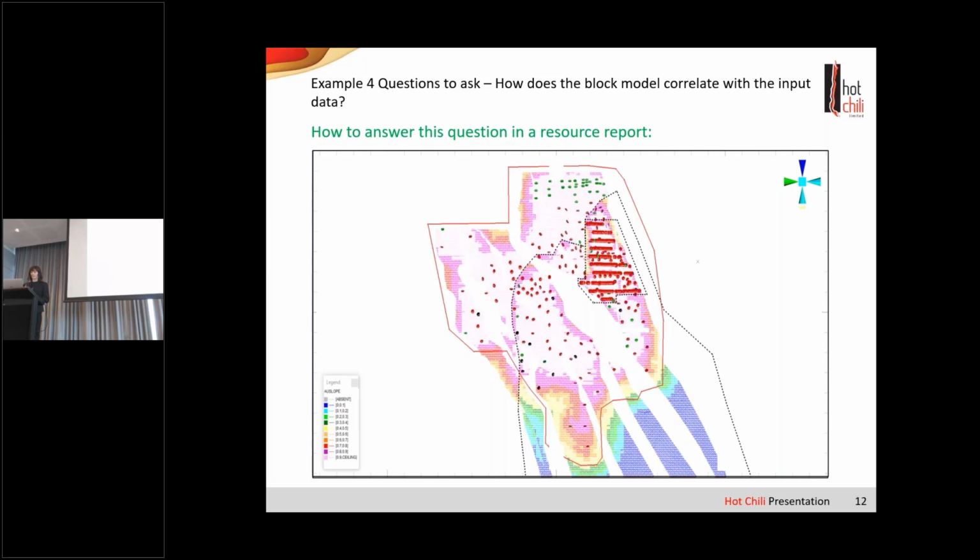So the rescats are on there as well. And you can see that even though we have quite good close-spaced data up the top, clearly that's been assigned a lower confidence, probably because it was historic RC or something like that. So while it's fine to use it in the model, they don't want to include it in the indicators. So that's a good way to show that impact quite clearly.